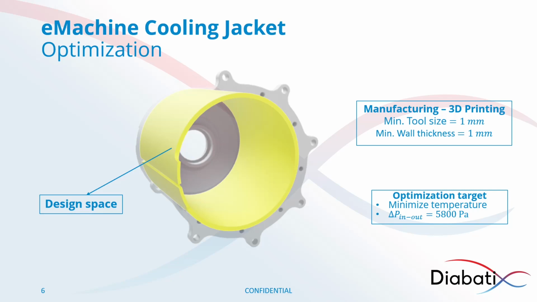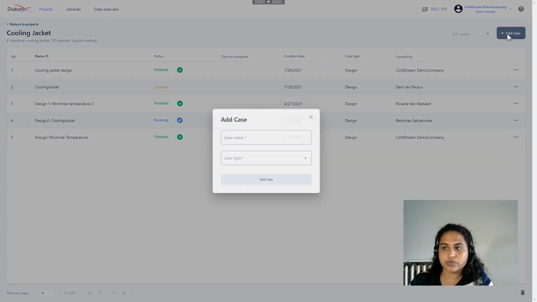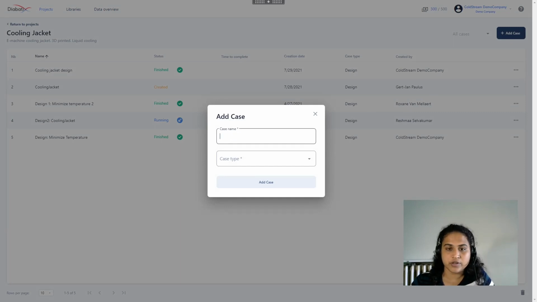Now let's go to the platform and start setting up this case. I'll begin with adding a case under the cooling jacket project on my account. Of course, if it's easier for you, then you can also create a project under a name before you start adding the case in the particular project. I'm going to call it temperature minimization,